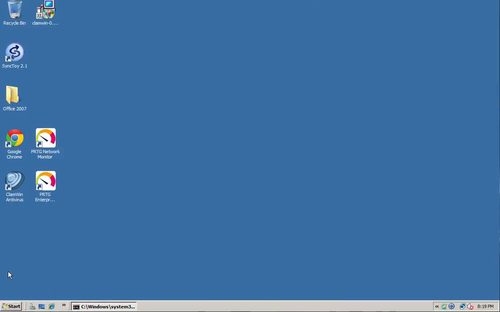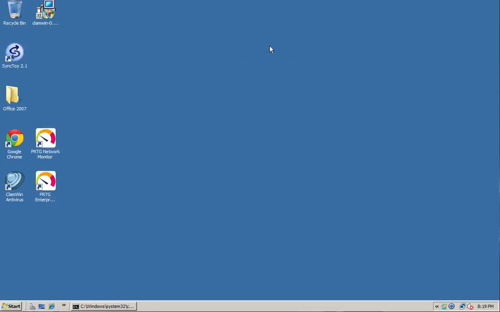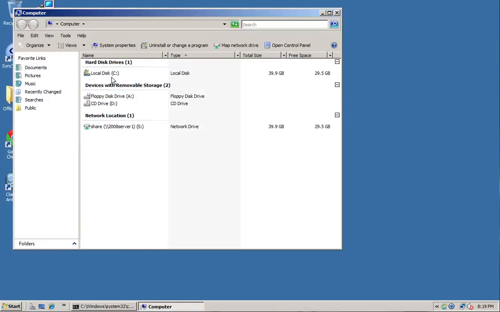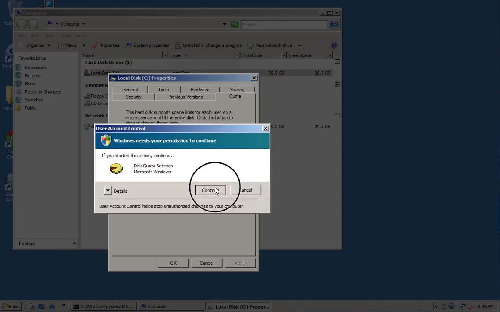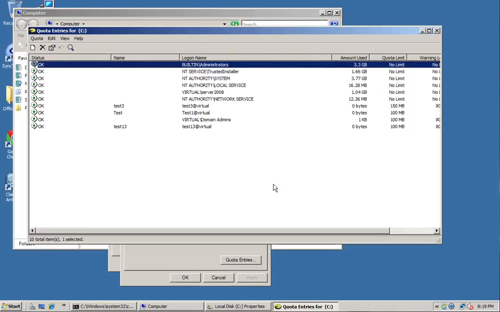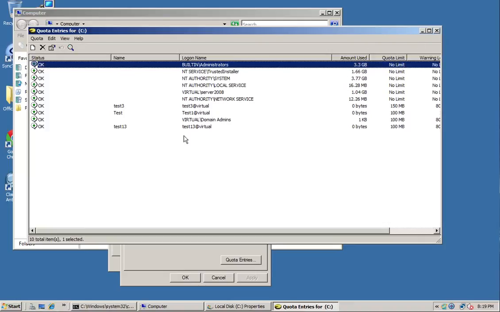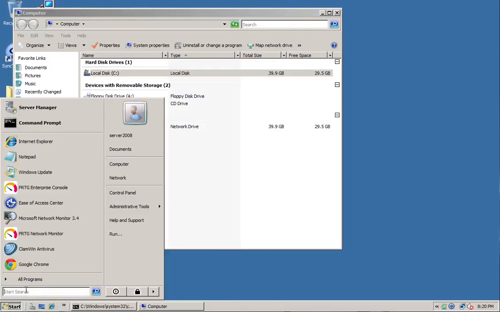How do you monitor and see what's going on with this quotas? Well, one way is to do it the way I've just shown you there, in computer and properties quota. One way is to look at the quota entries, but if you imagine a network with thousands of users, you'd have to be looking up and down or editing how much you've had, and this is a pretty good way to do it. But you also can see it somewhere else, and if I go to the event viewer,